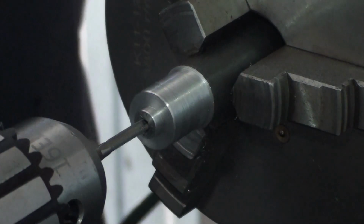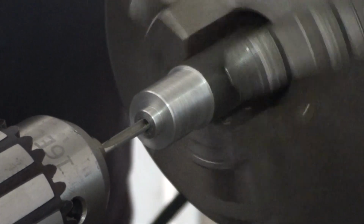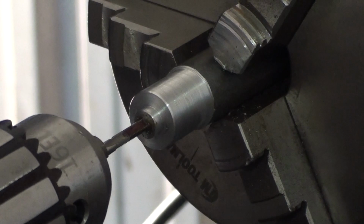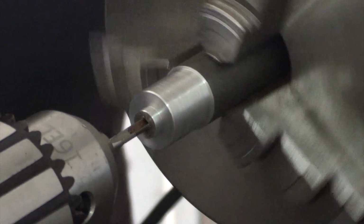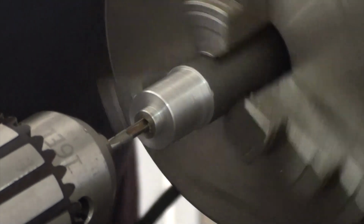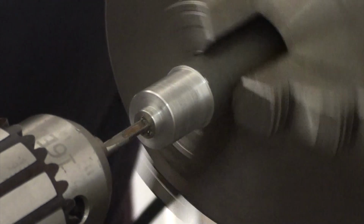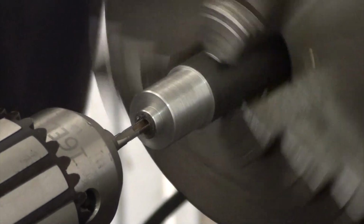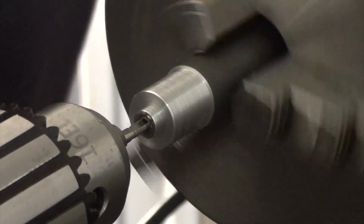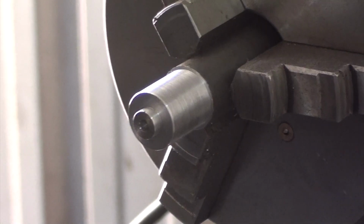Okay, tapping an M4 by 0.7 thread in this bit. So a bit of love juice on it. All I use there, oops, sorry,